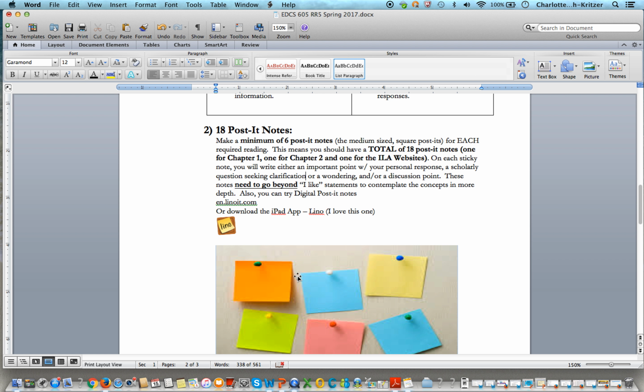Again, if you do a physical Post-it notes, make sure you take good photos, figure out a way so that you can upload these to Lalima for me. Again, I have seen so many former students take photos, and it always works out because I'm able to